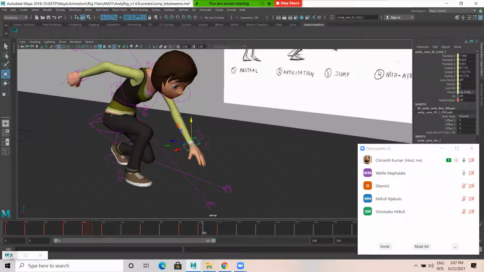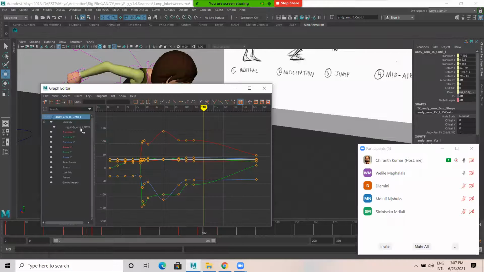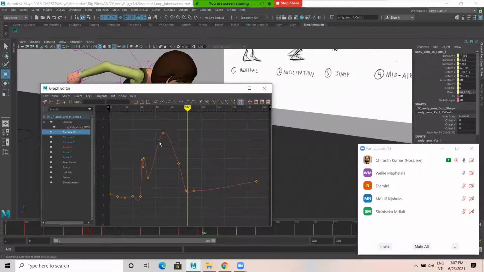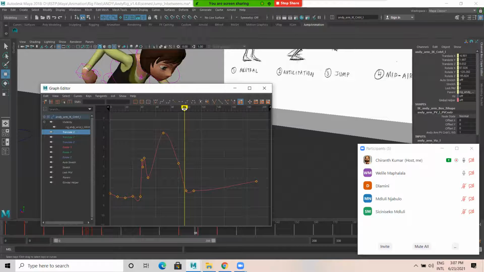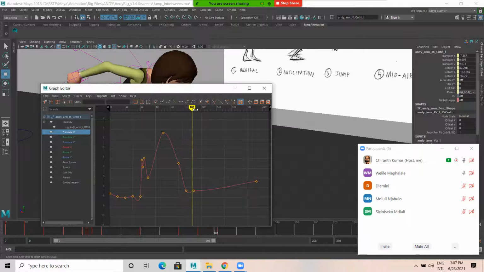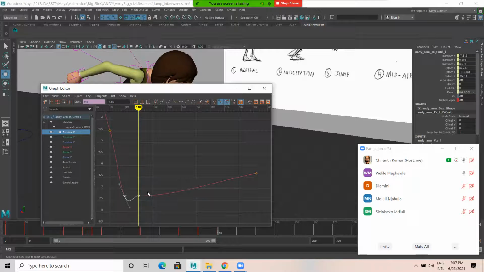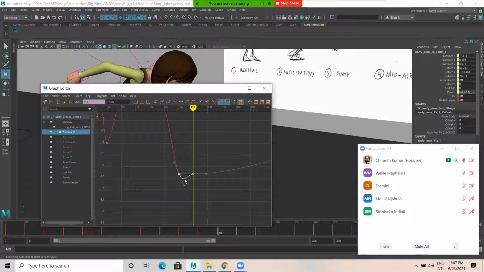For that purpose, I have to go to graph, select individual, press F. You have to be in this mode, move tool mode. So you can see frame number 100 and 110. You have two keys. Select this. If you notice here, there's a curve.